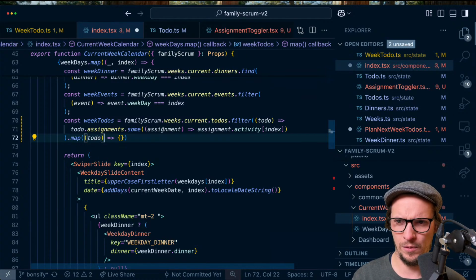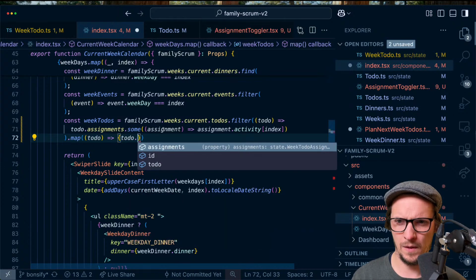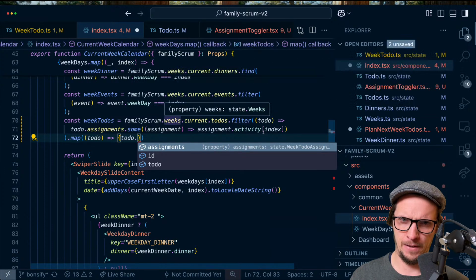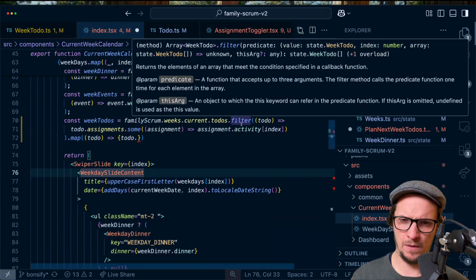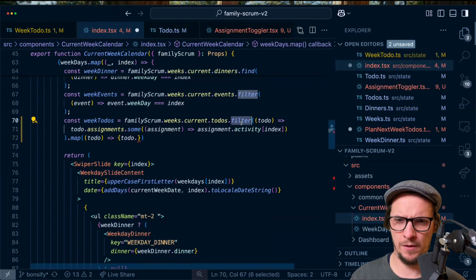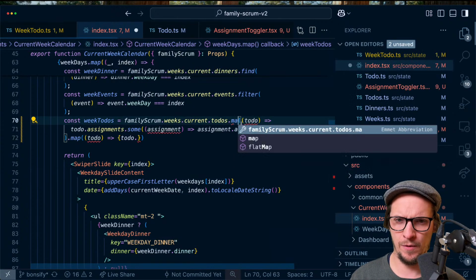We get to do... And then activity, but what I really want here is, you know what we're rather gonna do? We're gonna map over